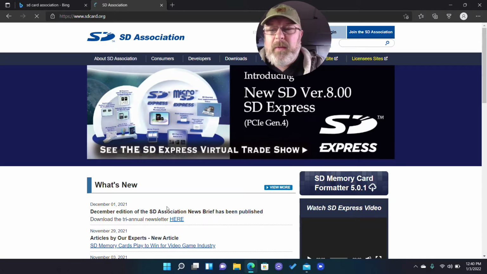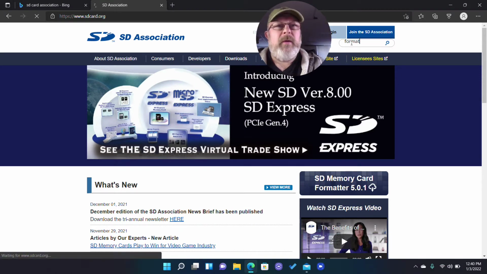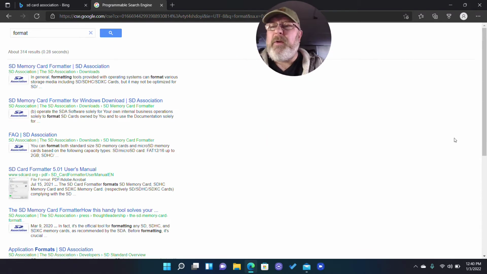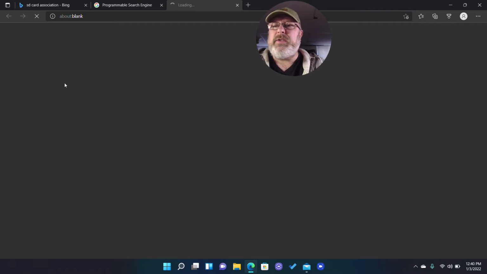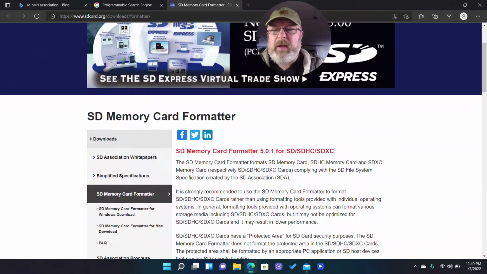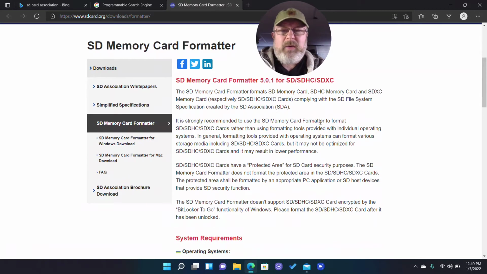Okay, and on their site you can type in the word here, format, and then they have a great tool on there. They have an SD card formatter on there. SD card formatter, SD card association downloads here. sdcard.org/downloads formatter. Okay, and the formatter they have, first of all, they explain why you should format this with this